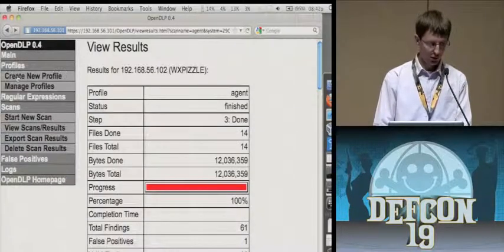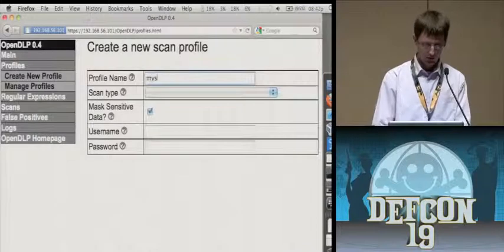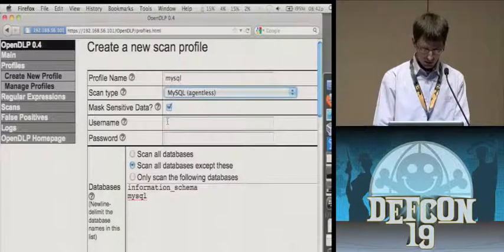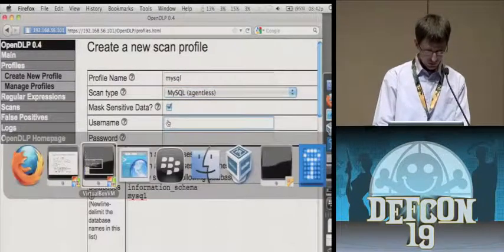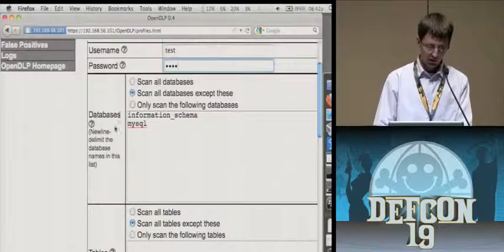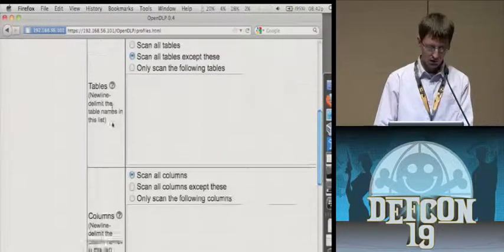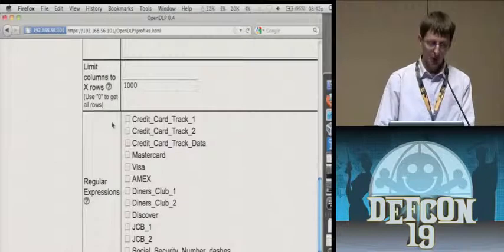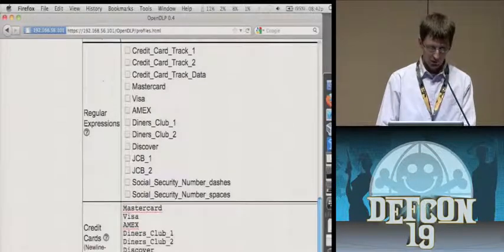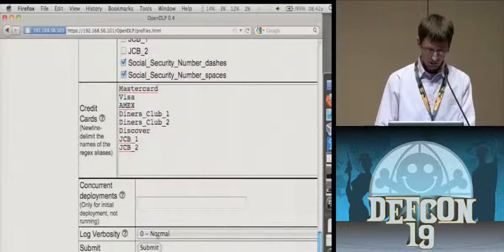So we're going to create a new profile again. We'll call this MySQL. Test and test. And here's where you can whitelist and blacklist your databases, your tables, your columns. You can limit how many rows you can grab. So if you want to grab all rows, just enter a 0. But be aware that some tables are quite large. If there's a million rows, it would take a while. So we'll submit that,